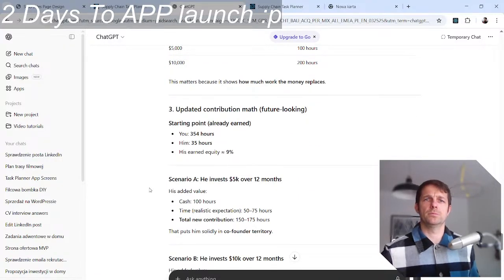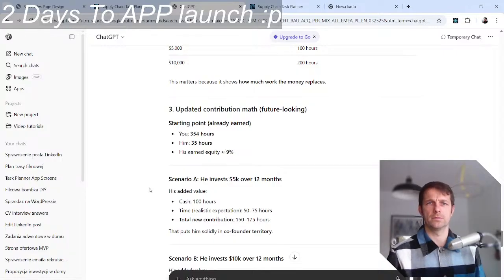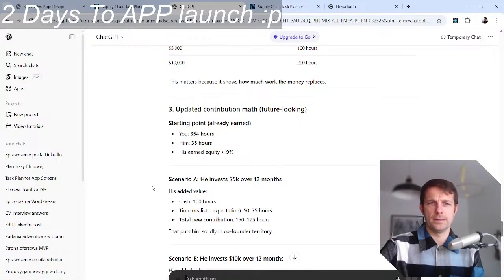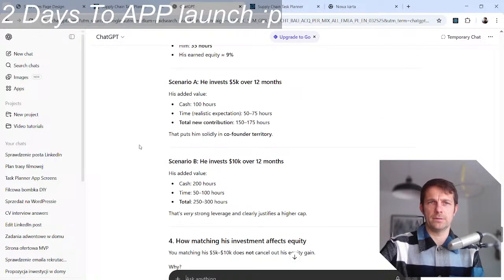Update contribution match. Scenario: he invests 5k over 12 months, cash plus 100 hours of time. Expectation: total new contribution puts him solidly in co-founder territory.